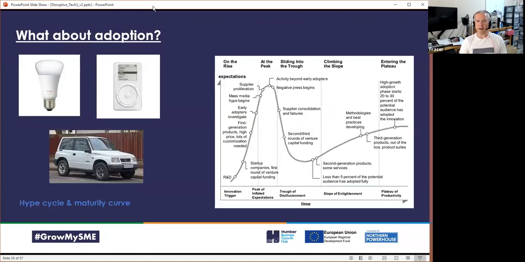Now, we come back to your question, Duncan, at this point about adoption. And being an early adopter is a pretty miserable thing. I can vouch for buying technology which is defunct in a year. Early versions of the Philips smart light bulb, for example, had a bug, which meant that if the power was cut to your building or home, when the power was restored, the light would come on. So a power cut in the night, the lights come on. Not ideal. Now fixed, thankfully, but annoying when you first get them. And of course, the smart light bulbs, when they're first out, very expensive.